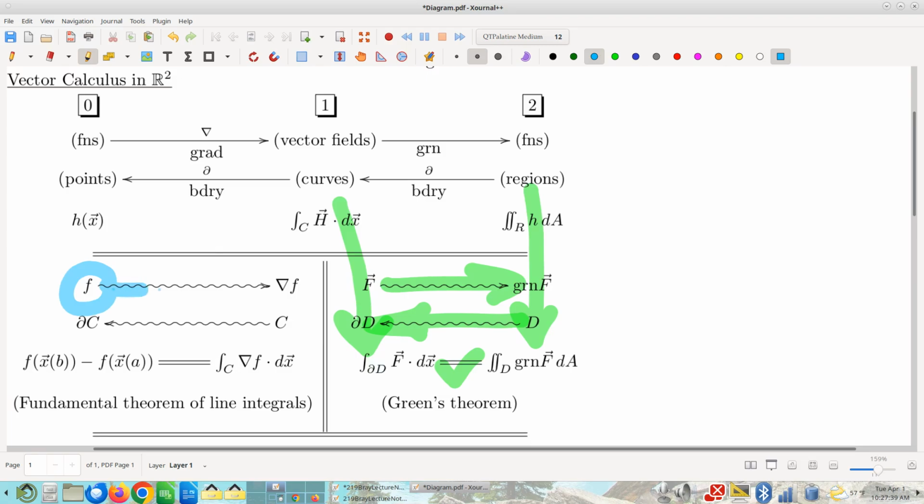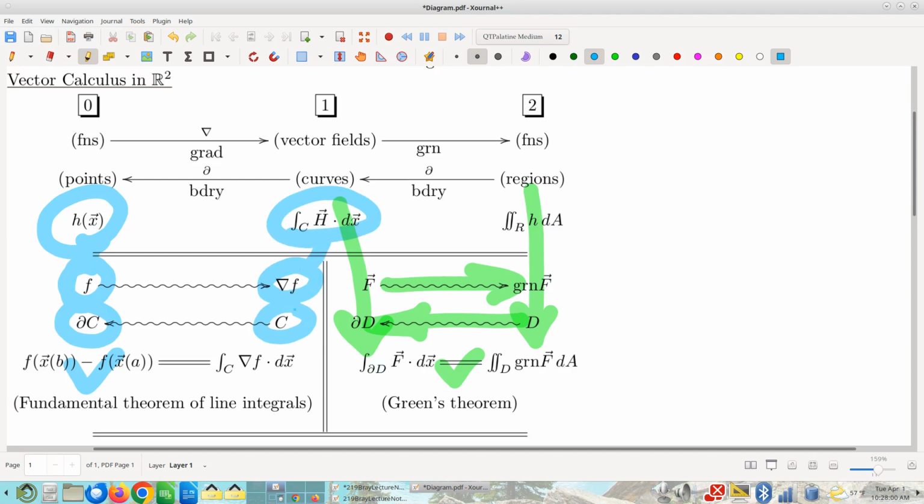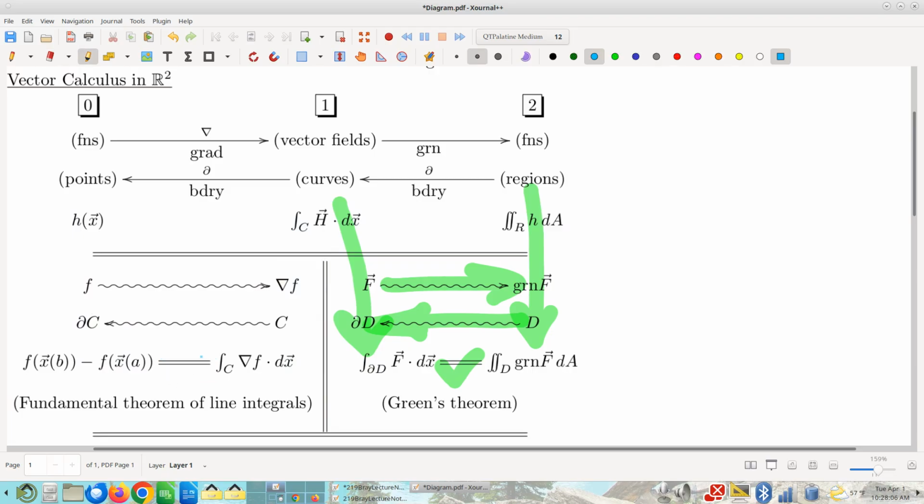If you have a function and you compute its gradient, if you have a curve and you look at its boundary, which of course is just its endpoints. It's got a starting point and it's got an ending point. And if you evaluate the original function on those endpoints, like so, and if you take the line integral of that gradient over the original curve, like so, then those results are equal. Or said differently, we might abbreviate that